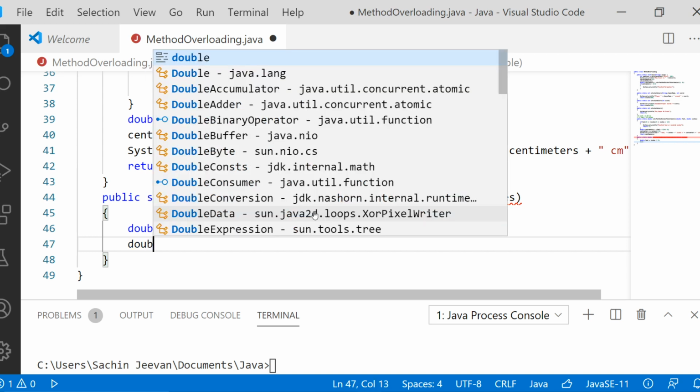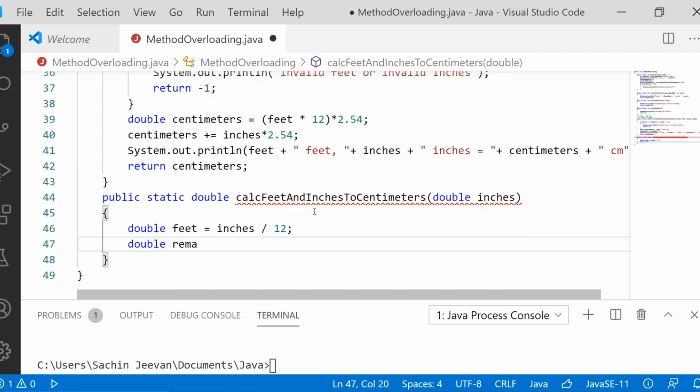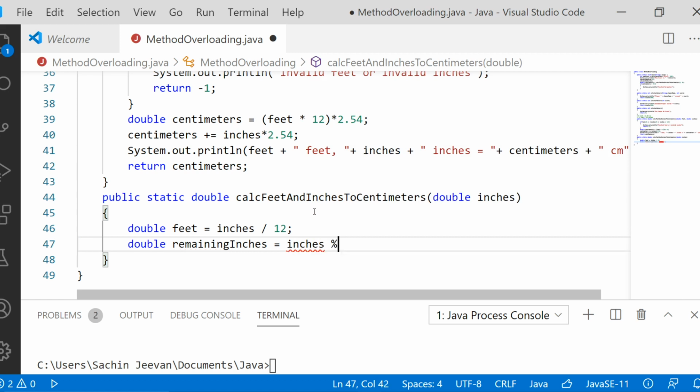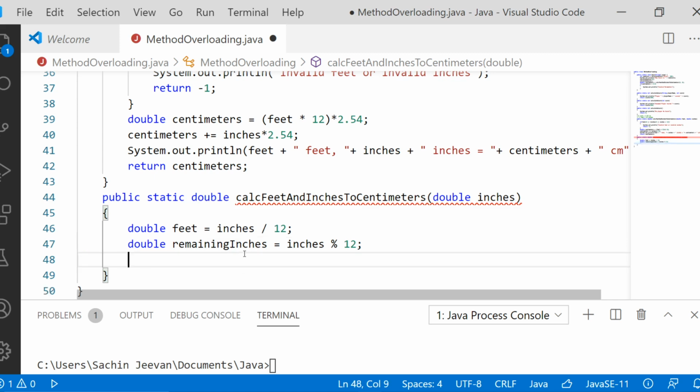So we can have one more variable named remaining inches. The remaining inches is equal to, when you divide inches by 12, whatever the remainder that you are getting is the remaining inches. So inches mod 12. Divided by 12 you get quotient, mod 12 you get the remainder. Okay, fine. First of all, what we will do here, after doing this, is print.